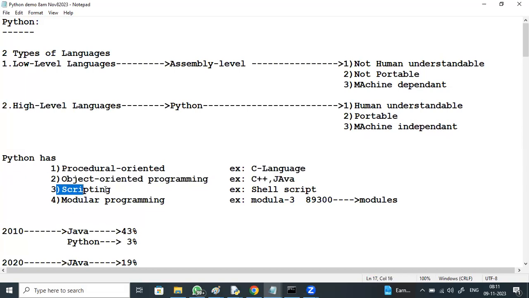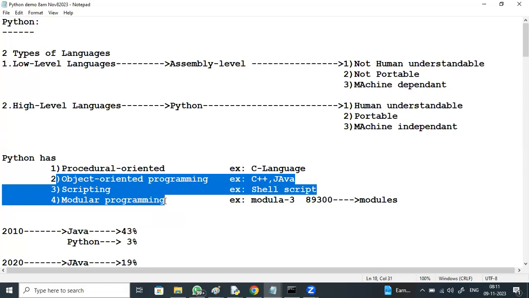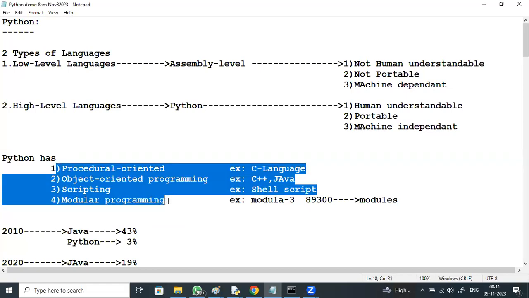It has got scripting features, and it has got modular programming features like Modula-3. Procedure-oriented, object-oriented, scripting, and modular programming. Because of these multi-programming features, we call Python a hybrid language.